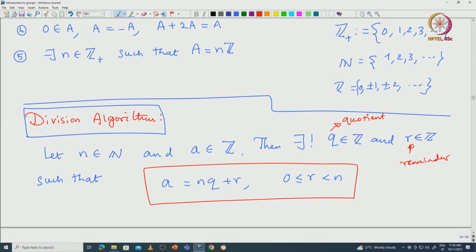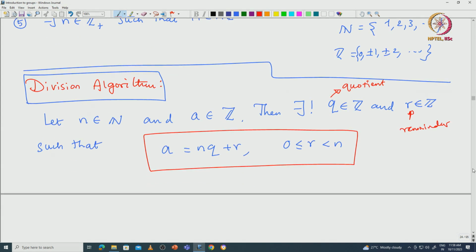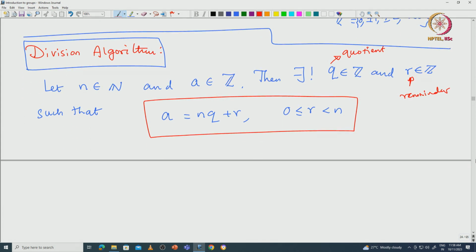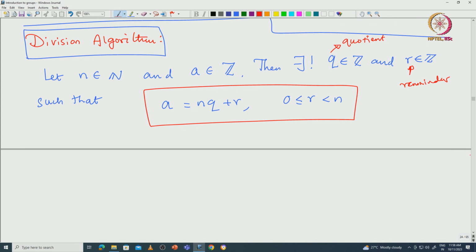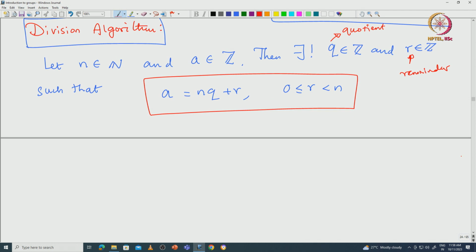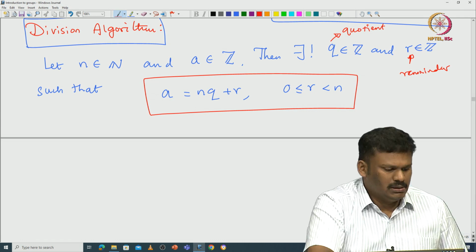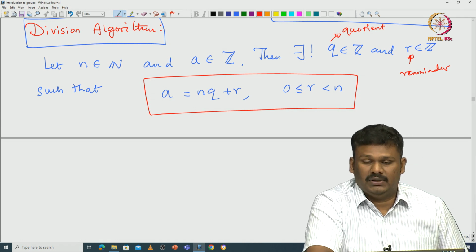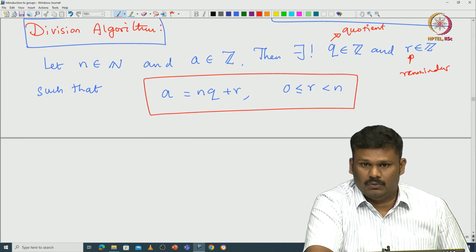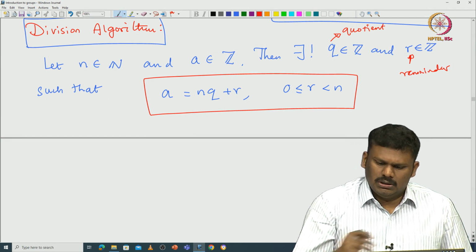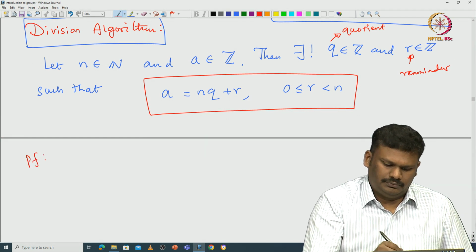So, this is something you must have seen in school, maybe without proof. So, maybe I will prove it for you. Now there are various cases that one is supposed to consider. Most non-trivial cases are when A is a non-negative integer, so maybe we can start with that and then I will explain what really happens. So, here is the proof.